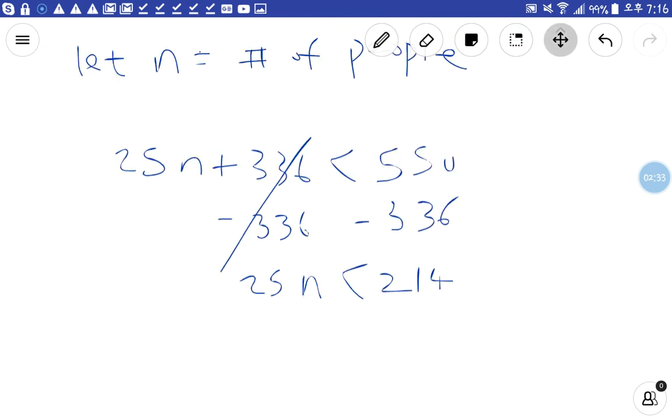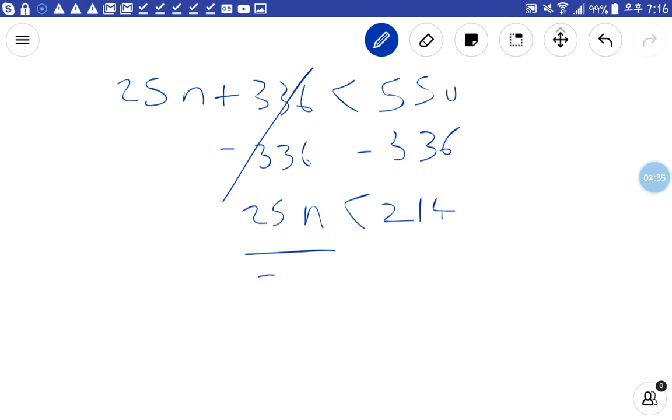Now what do we do? We divide by 25. Remember, if you divide by a positive number, it doesn't impact your inequality, correct? What situation will affect the inequality? Whenever we multiply or divide by a negative number. So your n would be